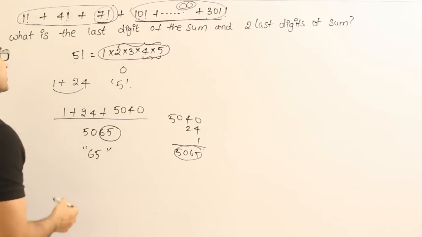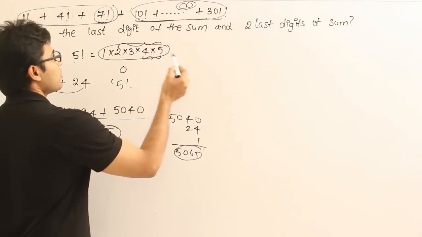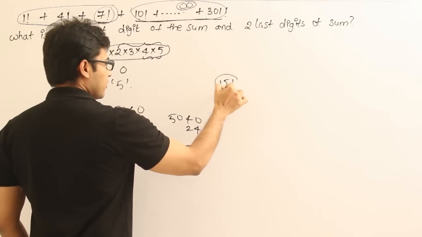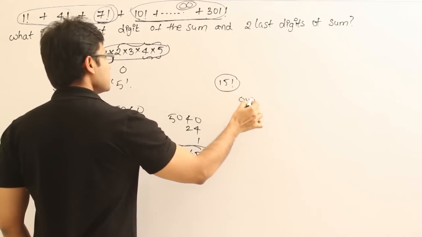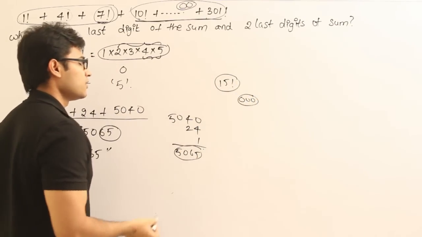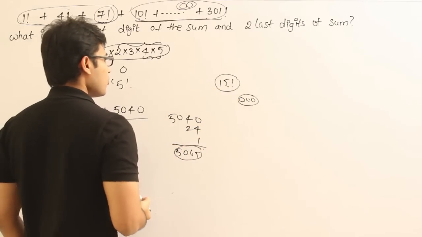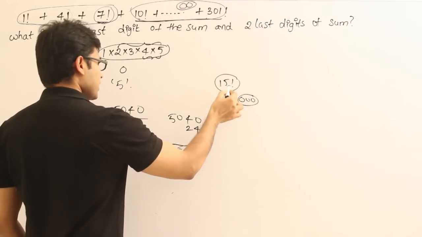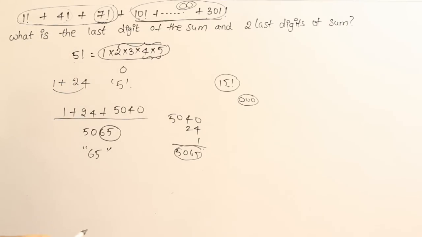Similarly you can find out the last three digits, but it is going to take some time, because in order to get the last three digits you have to go till 15 factorial. Once you go to 15 factorial, that will definitely contain 3 zeros. Anything after 15 factorial will contain 3 zeros, because of 15 into 14, there we get 1, and already 10 is there, and 5 into 4 is there. So it is a bit difficult, but the question is about the last digit and last two digits. I hope you understood the logic.